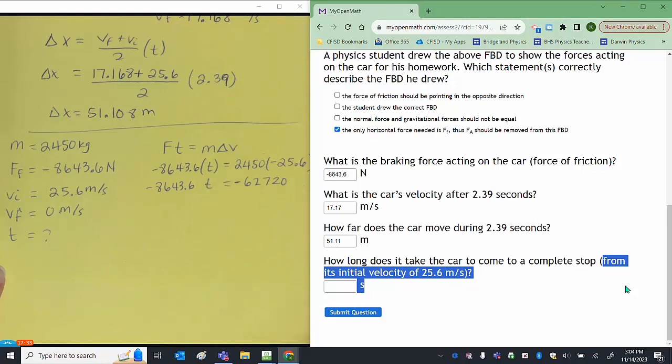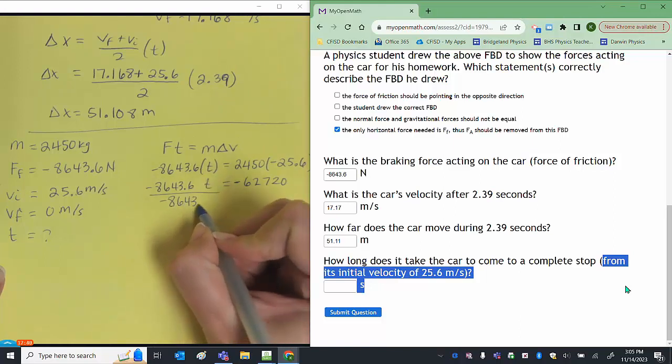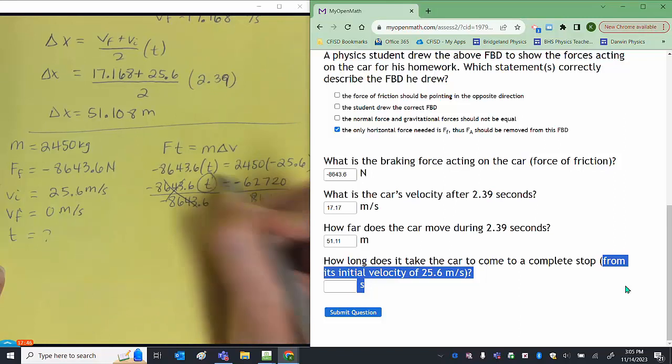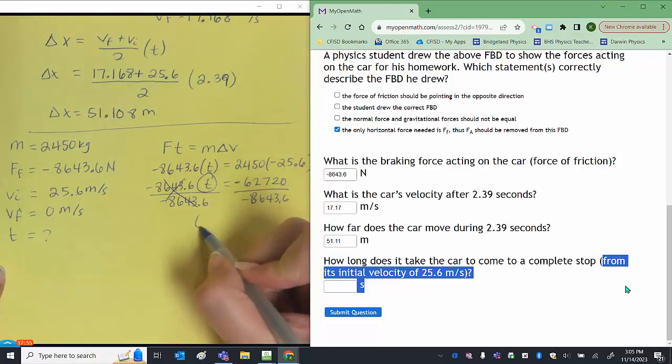From here, I want to solve for that time, so let's go ahead and divide both sides by that negative 8,643.6. That isolates my variable. Those negatives cancel, and we get a time of